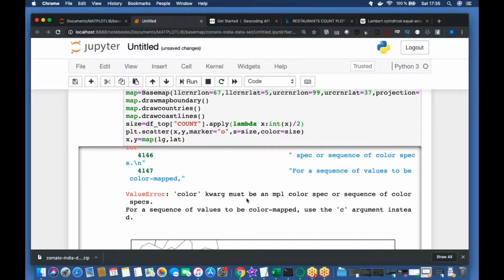Marker equals to O, this is p underscore s, apply. S is fine, C is